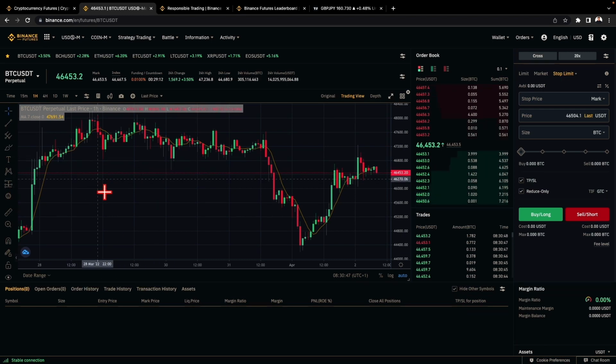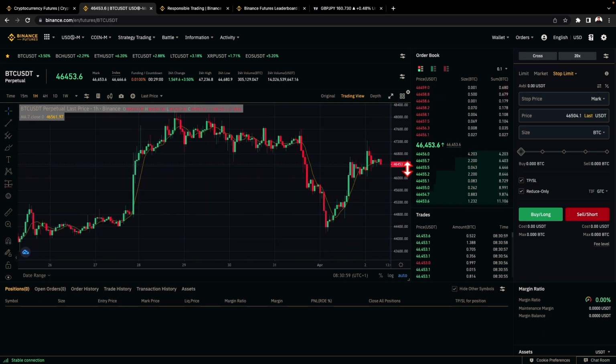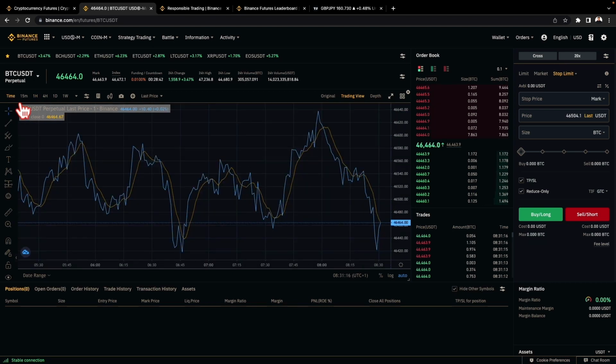Now we'll take you through what is happening on this chart. On the horizontal axis, it shows you the time, and on the vertical axis, it shows you the price. So the chart you're seeing here is just a chart of price against time. For Bitcoin, it's telling you what Bitcoin was sold at at a particular point in time. Now, if you click on time here, at the top left-hand corner, you can see it will change the chart setting from a candlestick chart to a line chart.